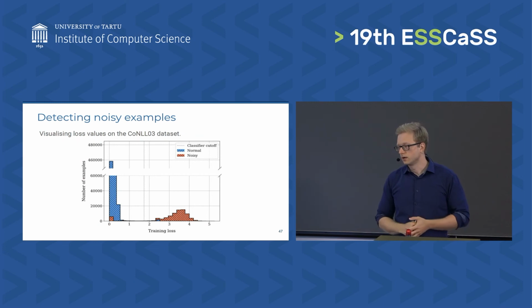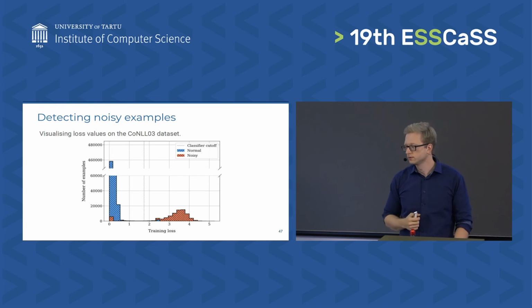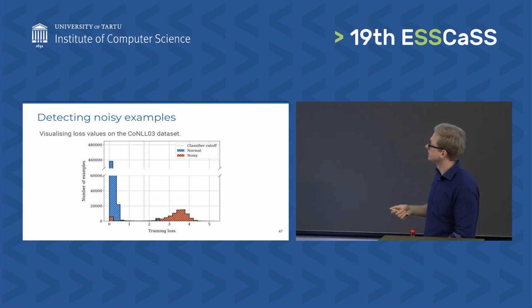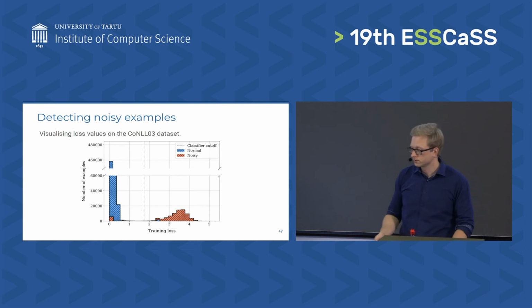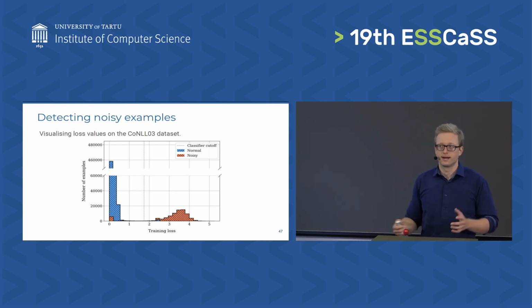And here's a visualization of the histogram for our experiments. The blue lines indicate clean data points. The red lines indicate noisy data points. And you can see that they get separated quite nicely by the model itself. There is a little bit of red over here, there's a little bit of blue over here, but mostly there's a clear separation with a large margin in between. So if we put the threshold between them, we can use that for automatic classification.